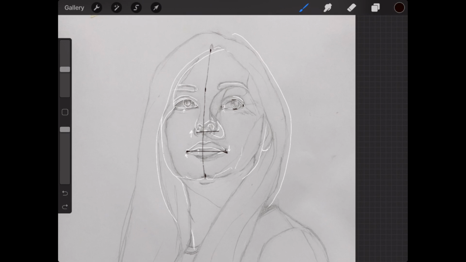Then what that gives you is, if you draw a perpendicular line, a 90-degree angle, that's going to give you the tilt of your features. So that would help you take the height of this and bring it over. Now that's not always perfectly the case because not everybody's face is perfectly symmetrical, but it is a technique that you can use if you're really struggling getting the tilts to match between the features.